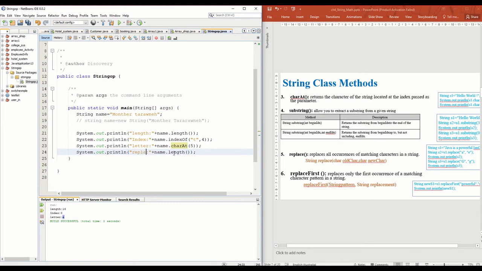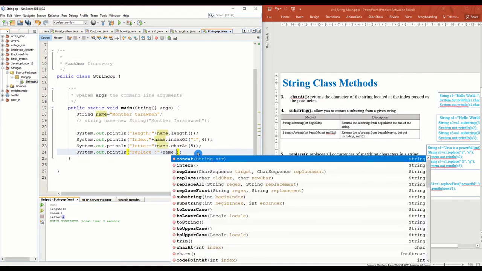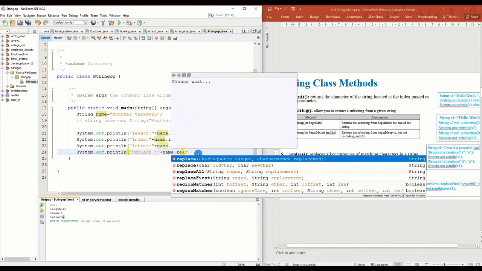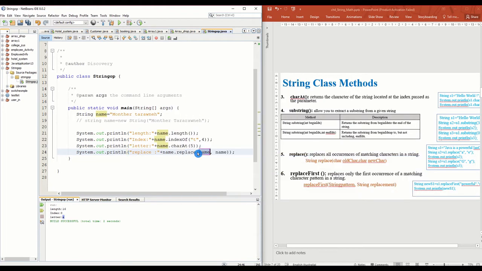I print dot and I will choose replace, and replace will give you an option to replace, for example,